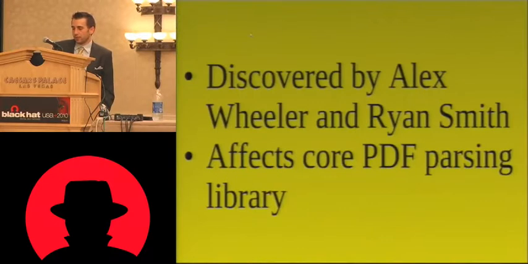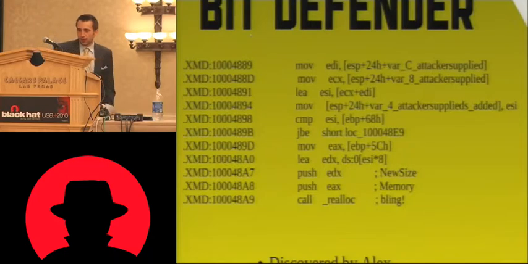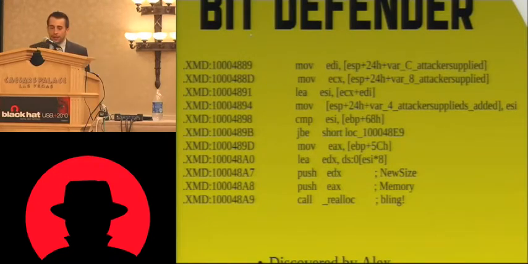So this is something that was discovered by myself and Alex Wheeler. And who here has been affected or knows someone who's been affected or has heard of someone being affected by a PDF parsing issue? Yeah, there we go. There's lots of issues with parsing PDF. It's an awesome file format. So basically, there's this area of code right here where you can supply 2 different 4-byte values, and then it adds them together